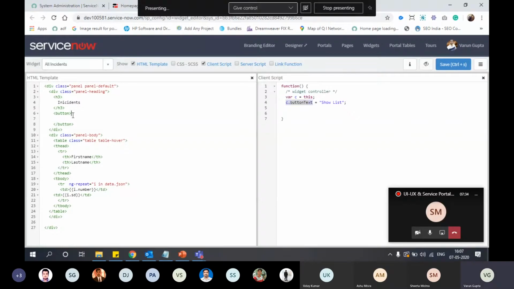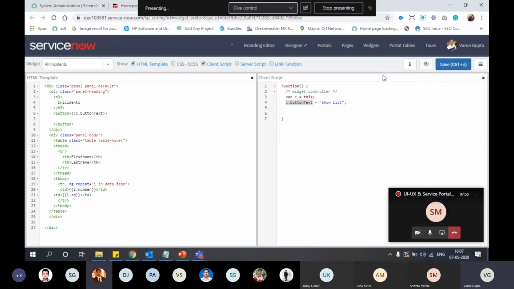This will be our button text. To print the values from client script to the HTML template, we will use these double curly braces and directly type our controller and button text.